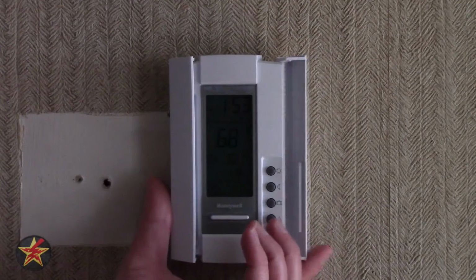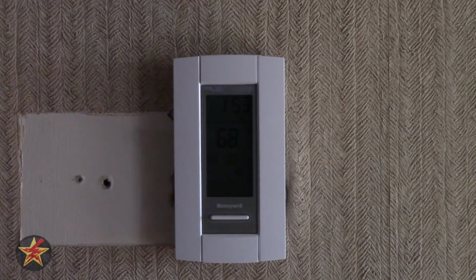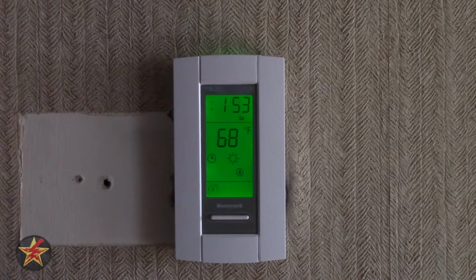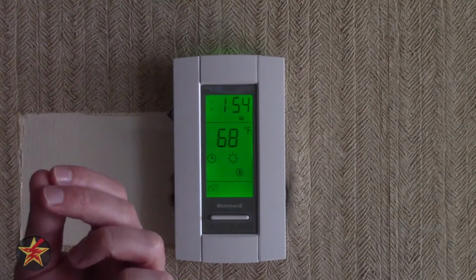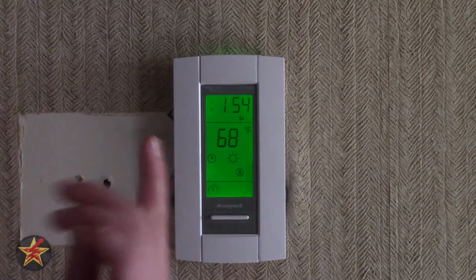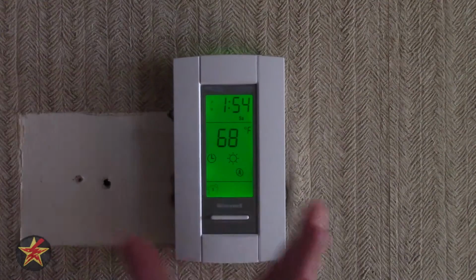So what that would do is if you have it programmed to turn on at 6 a.m. because that's when you get ready for work, the thermostat will determine, based on the environment around and its past cycling, what is the optimal time that it needs to turn on, so that when you wake up at 6 a.m., it is already at the desired temperature you had it set at. If you don't have it set like that, with the switch in the back, in the case when I had it on, 6 a.m. is when the thermostat will kick on,